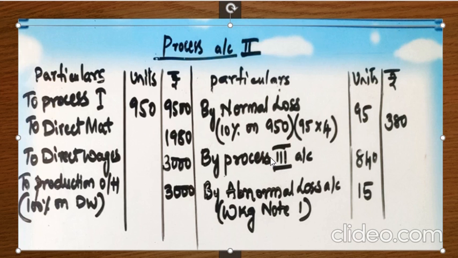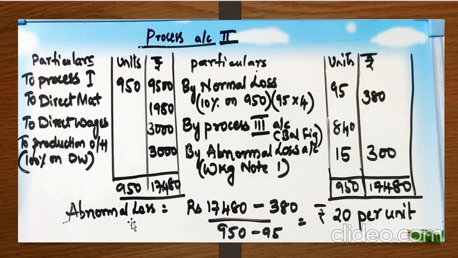In this process, in your process 2 account, the by process 3 will be your balancing figure, not your abnormal loss. Now you'll find out the amount for your abnormal loss. I've taught you in my last video the formula to be used. The formula is: abnormal loss account is equal to